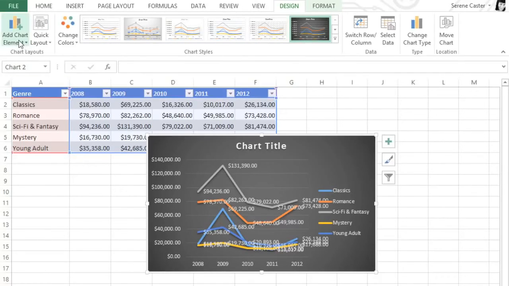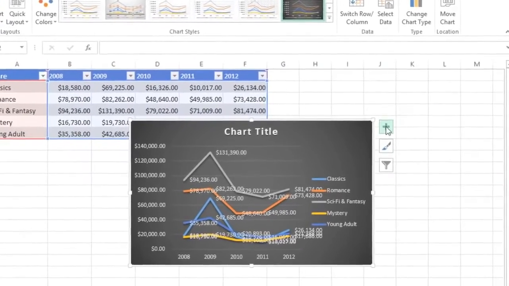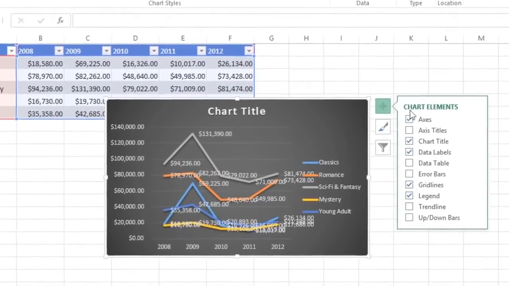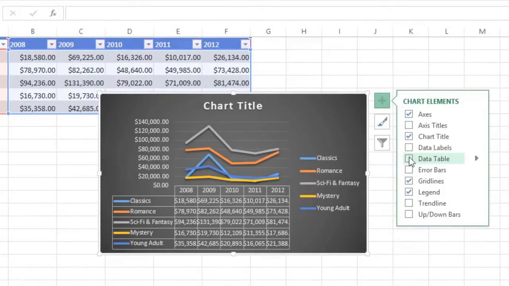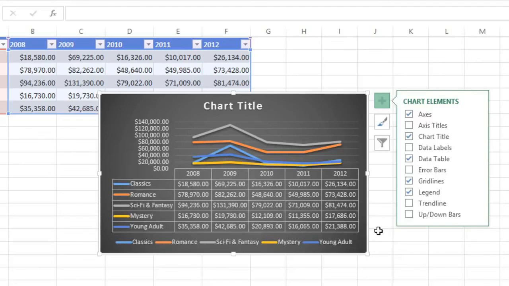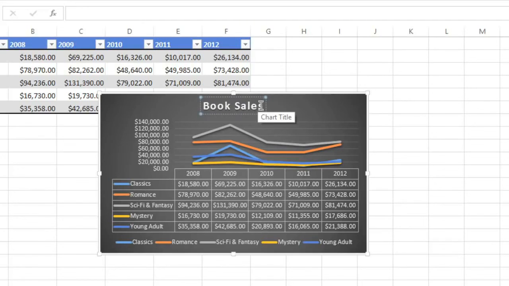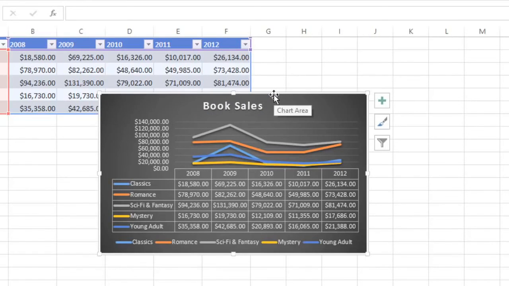You can make further adjustments using the Add Chart Element command or the Chart Elements shortcut. Just look for the button with the plus sign. Here you can add or remove elements from your chart depending on your preferences. Or you can click the arrow to the right to access even more options. To edit one of your chart elements, like the chart title in this example, all you have to do is select the placeholder, then replace the text. Finally, whenever you insert a chart, it appears on the same sheet as